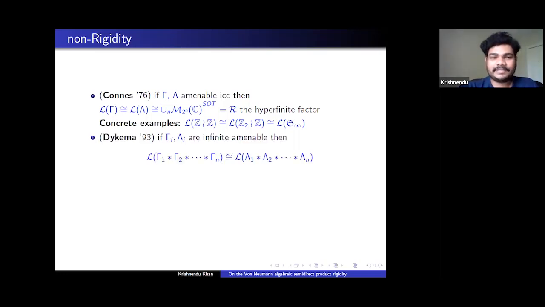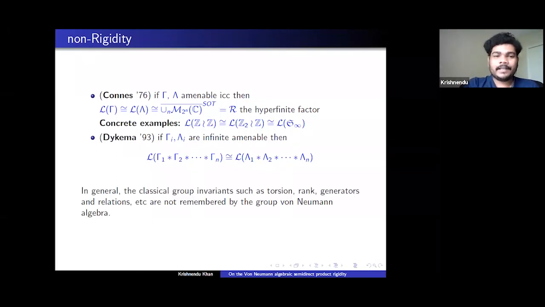Not only that, this result of Dykema shows that you can take any sequence of infinite amenable groups and take their free product, and if you look at their corresponding group von Neumann algebras, they will all be isomorphic. So in general, as I said, the group von Neumann algebra does not remember torsion, rank, generators and relations, or any classical invariants. So developing a rigidity theory in von Neumann algebras is a bit challenging. As you can see, so far there is no rigidity that you can see. But still,